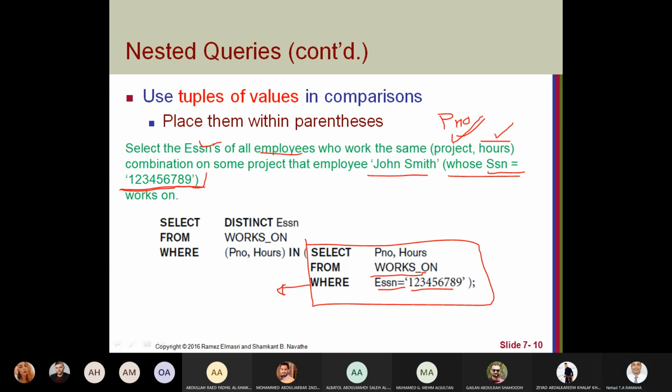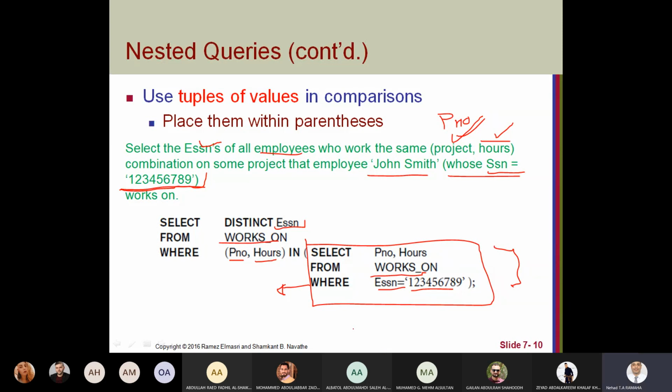Now we can return all the employees' SSN who work on and have the same project number and hours with John Smith.